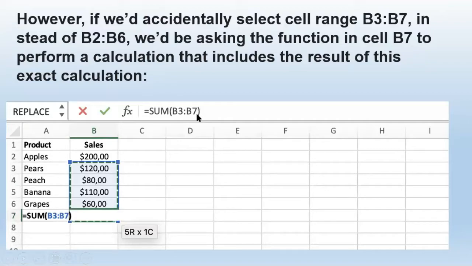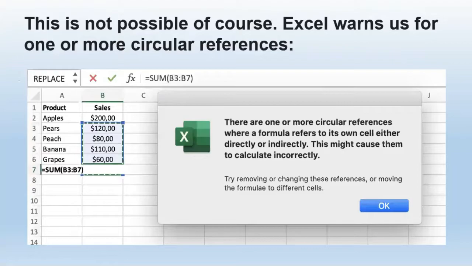Whenever we put B3 to B7, this is not the exact calculation that we require, so the result will not be generated, because we want our result from column B and row number 7, which is the last row we are working with.